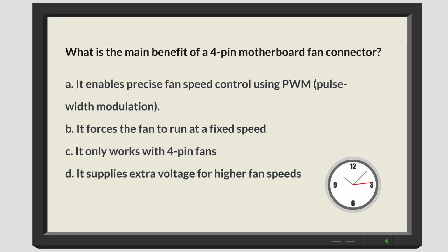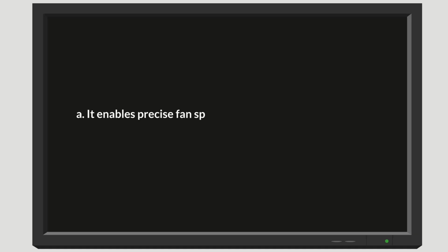The options are: precise speed control through PWM, forcing a fixed speed, only working with 4-pin fans, or supplying extra voltage. The correct answer is precise speed control using PWM because the fourth pin allows the motherboard to adjust fan speed